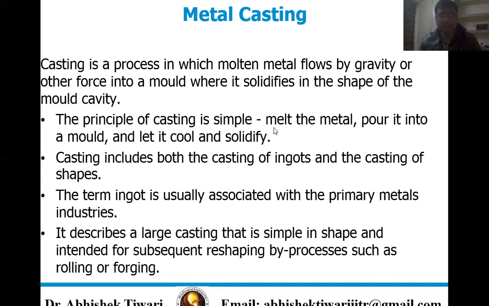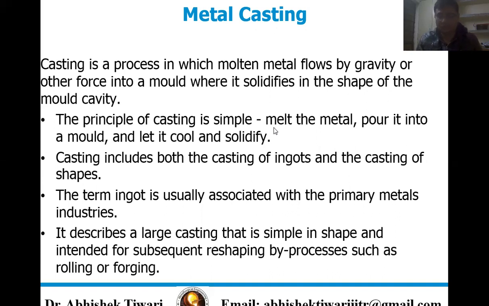Then casting includes both casting of ingots and casting of shapes. So ingot, it's a metallurgical term. For example, if we have some rectangular bar kind of casting, then it's called ingot. And the term ingot is usually associated with primary metal industries. So it describes a large casting that is simple in shape and intended for subsequent reshaping by processes such as